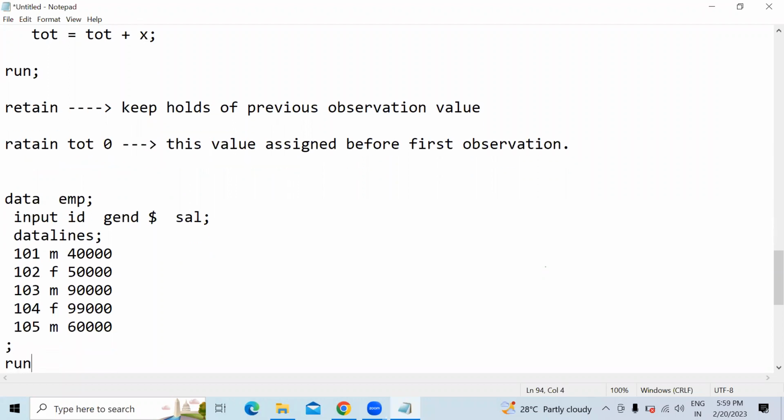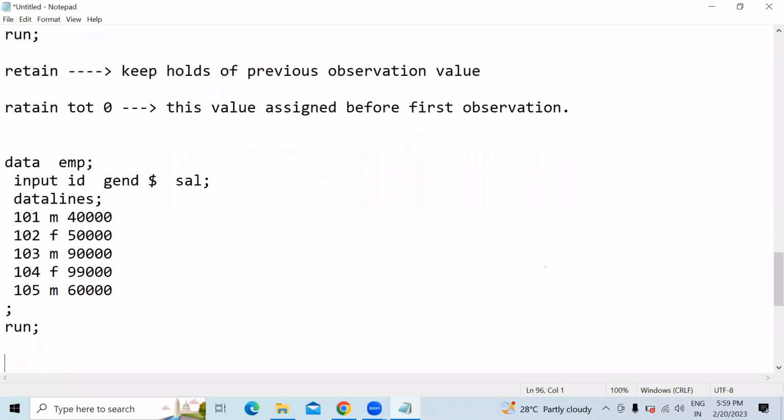I have only 5 observations here. So expected task, expected output is